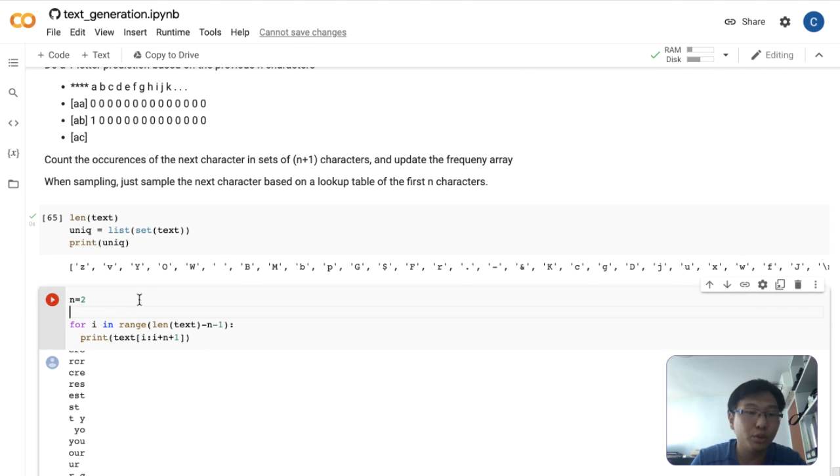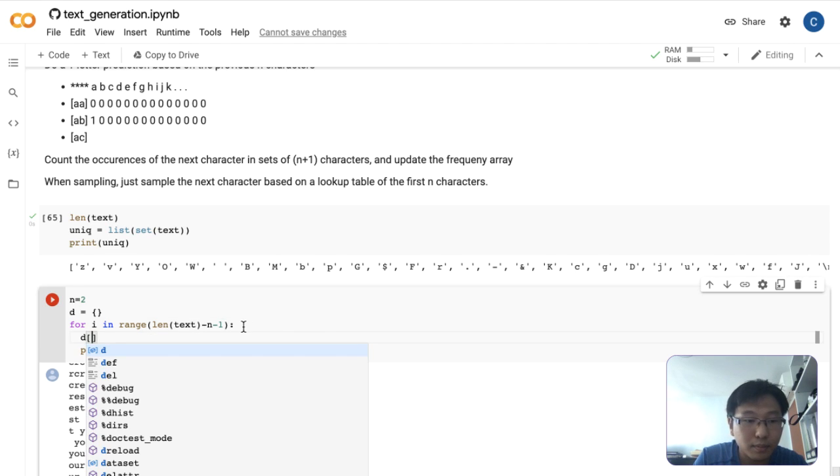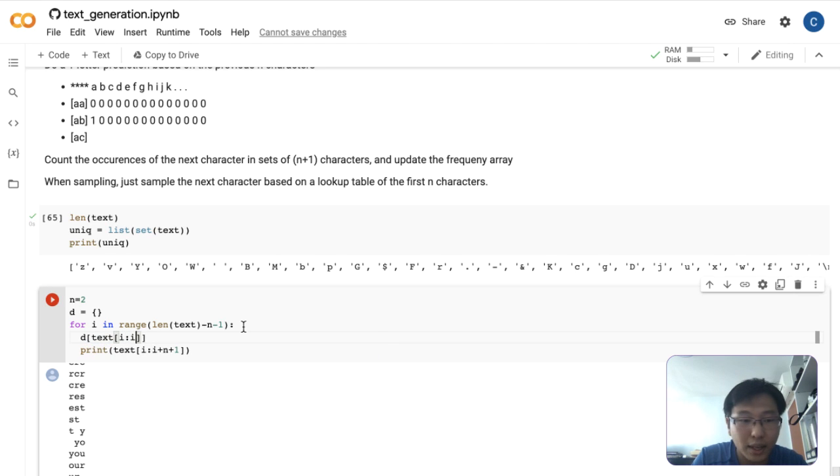Conceptually it is simple, so maybe what we can do is like that. We put the dictionary like this. Right, so what we will do is D, text i to i plus n. This chunk will go into the dictionary, and then we'll put this equals to